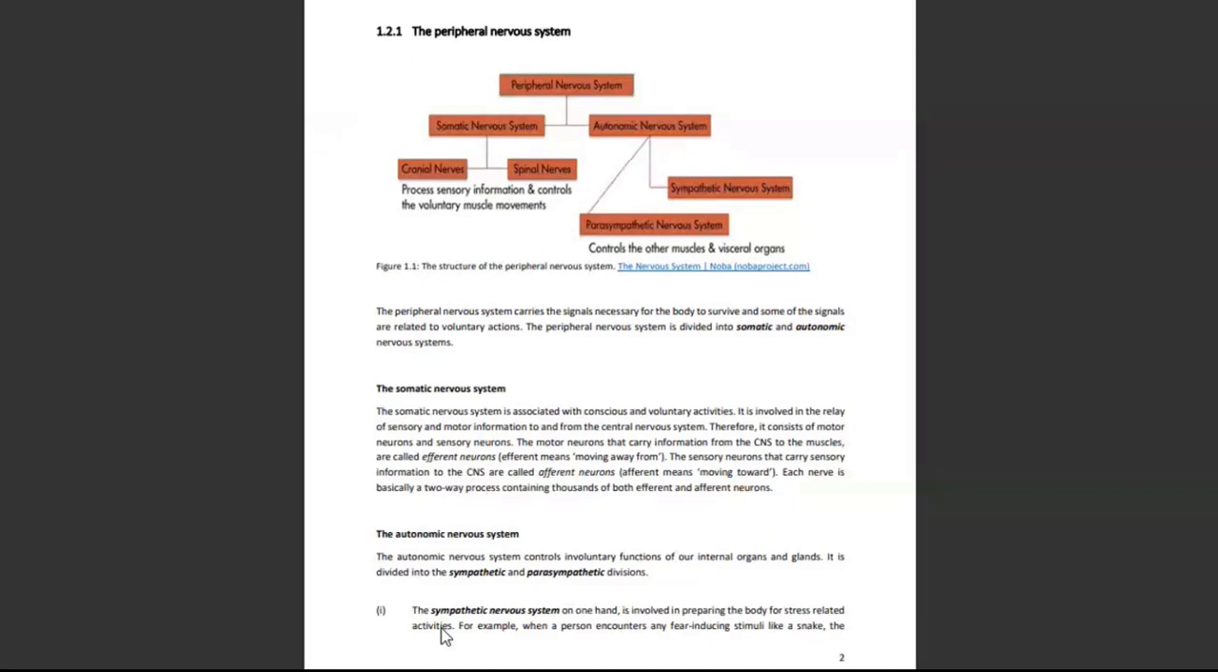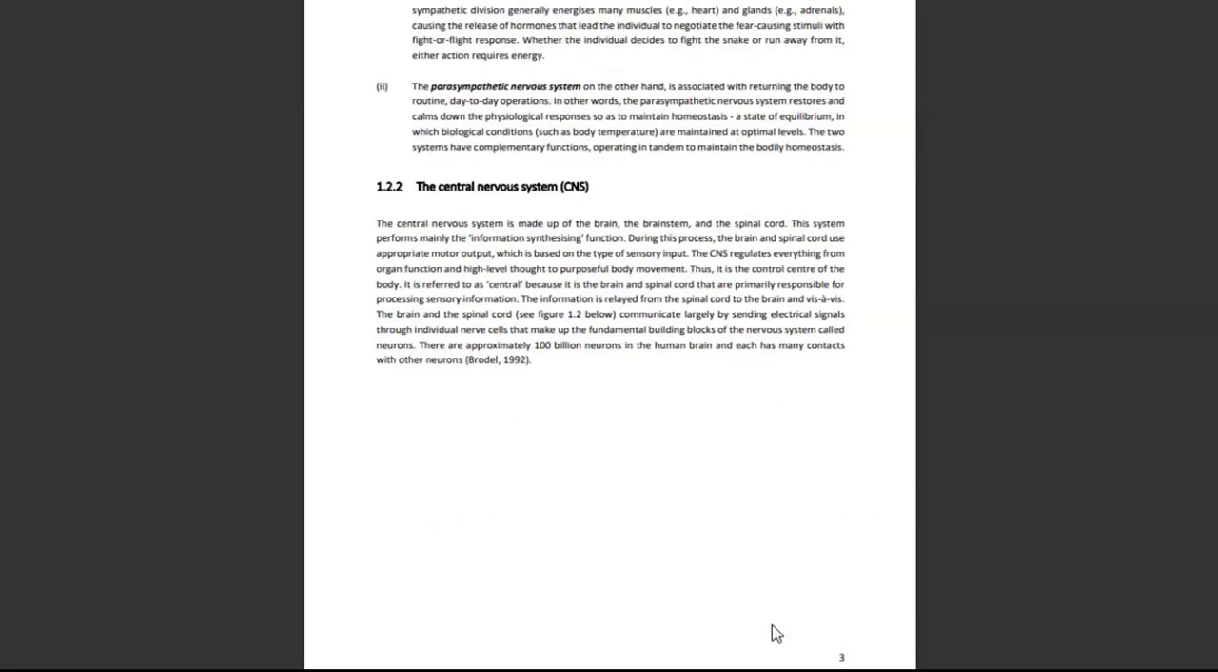They say, for example, when a person encounters any fear-inducing stimuli, like a snake, you're walking on the street, suddenly you see a snake. Most of us are scared of snakes. You see a snake, you know that the snake is dangerous. Your body will react. It starts from the mind: you see a snake, you know that the snake is danger. Meaning in your mind it says danger, danger. So what happens in your body? They say